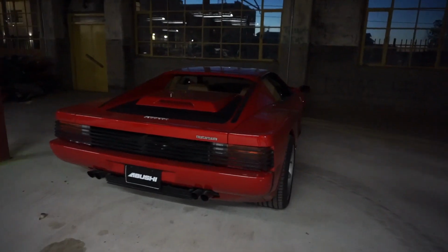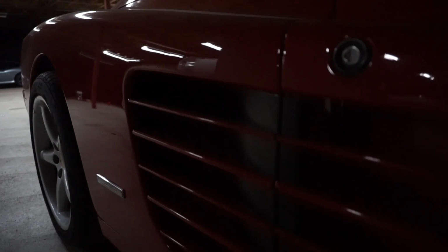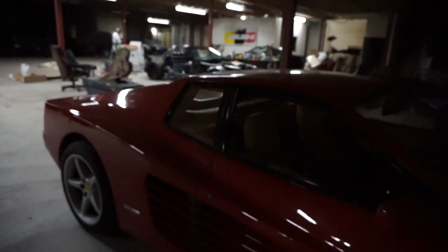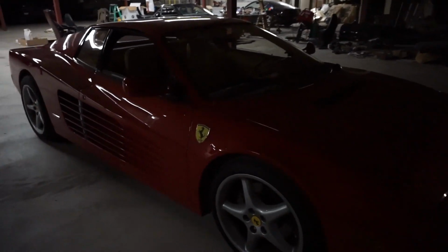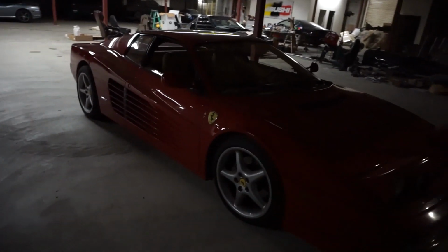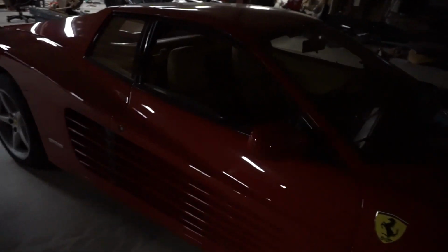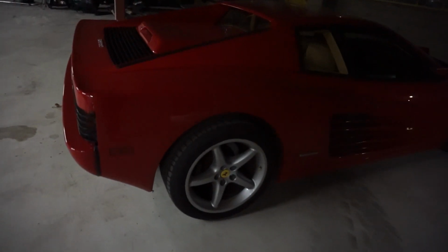So over here at Roscoe's Garage, this is probably one of my favorite cars in here. It's the Testarossa, just iconic with the side vents. I know it's dark, but you guys can kind of see in there. Showed off that 488. This is where Ferrari kind of started. It's not one of their first ones, but it still has the fender shield and the pop-up headlights. This is just period correct of the 80s. You'd see this rolling around Miami with drug lords and everything, so it's kind of funny that